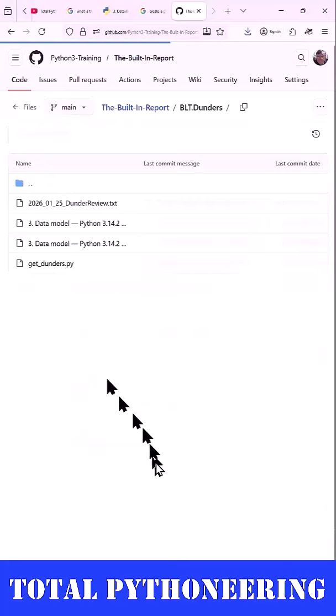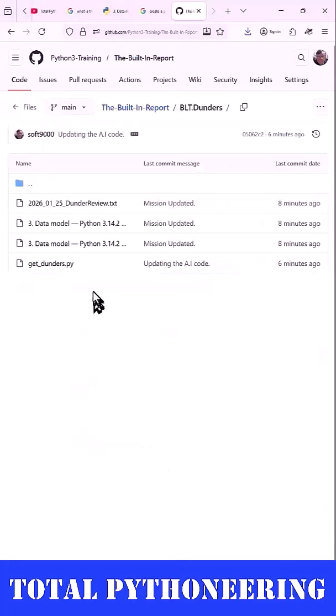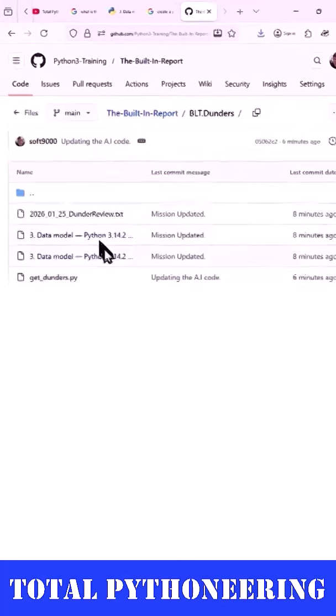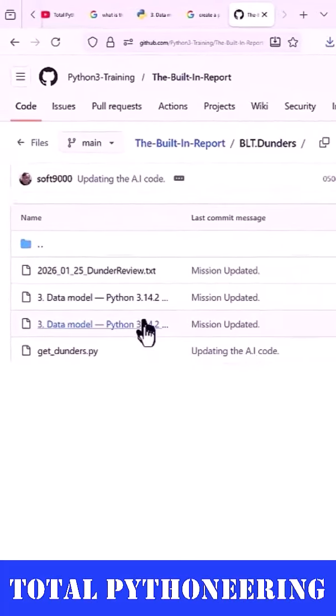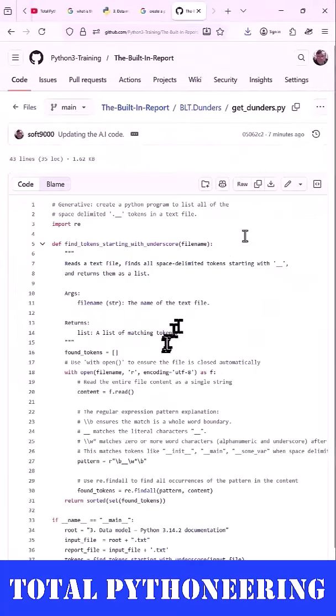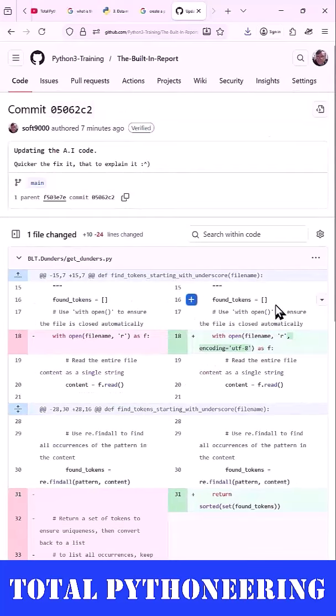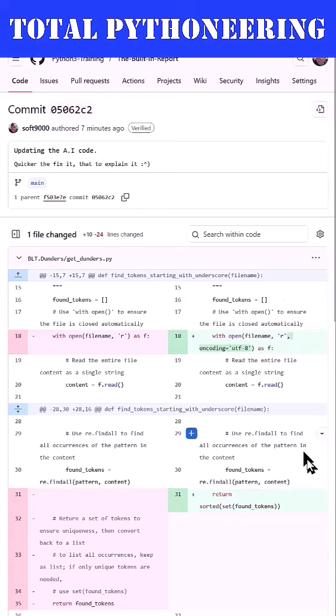And we had two versions of the file, one a text file for the data model itself, and then our program called Get Dunders, which has my changes to the file that we should probably go over so we can better see the difference of what AI might put together as opposed to us. And in this case, it was easier to simply fix what the program was doing wrong rather than chat it up again, which I think is the real value of AI, because on line 18,